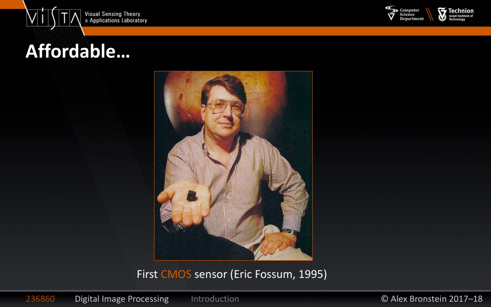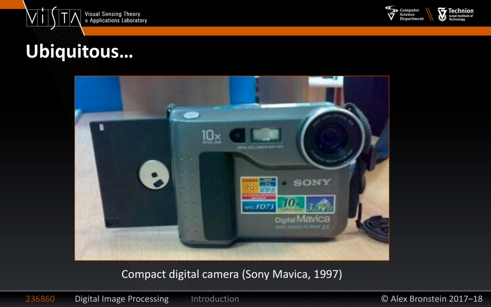So in 1995, Eric Fossum invented what is called active pixel, or CMOS sensors. CMOS is the technology that is used to manufacture practically 99%, probably I'm wrong, 99.9% of all chips that you encounter in the world. So this is a ubiquitous silicon semiconductor technology. It is very cheap. So building sensors using CMOS processes reduced their price by orders of magnitude. So then you can make cameras, digital cameras, ubiquitous.